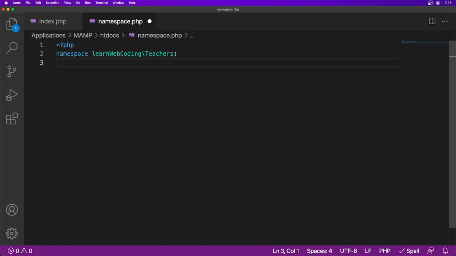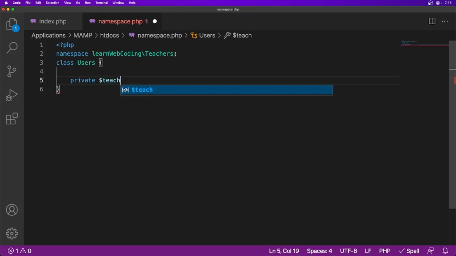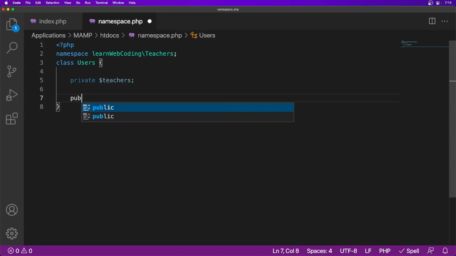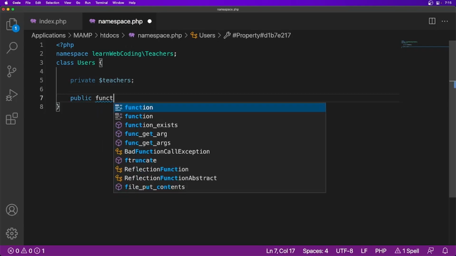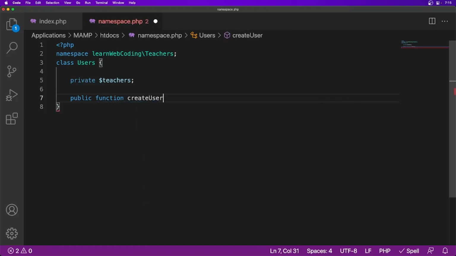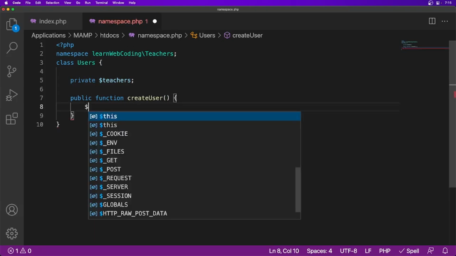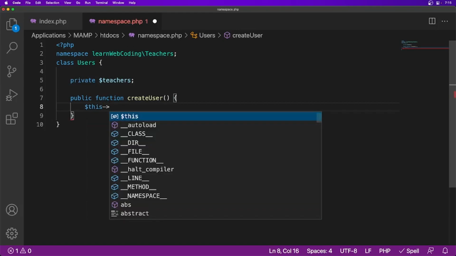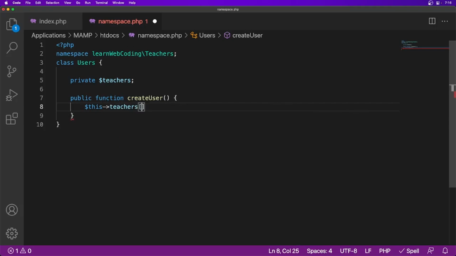So here I'm just going to use a class in our case and name it user or users, whatever you like, and then here I'm going to create one private property, list of teachers, and one public function, create user, and this function will be using this teachers, and let's create an array, and whatever name we will be receiving from this method we are just going to assign it to this variable. Okay, so this is ready.